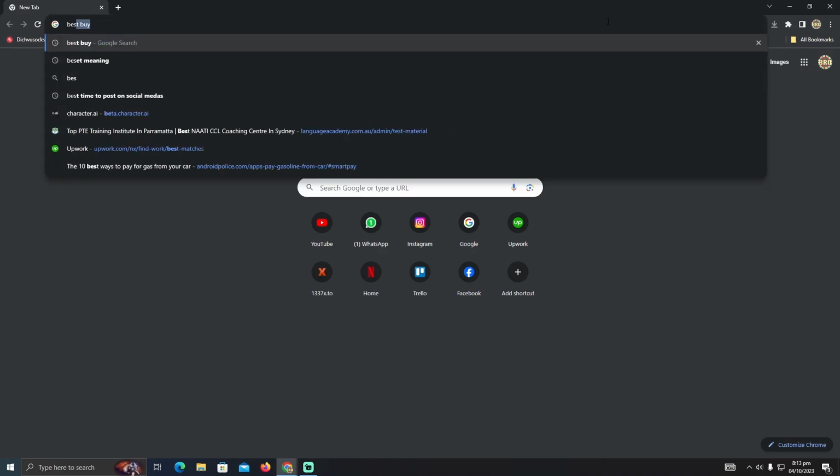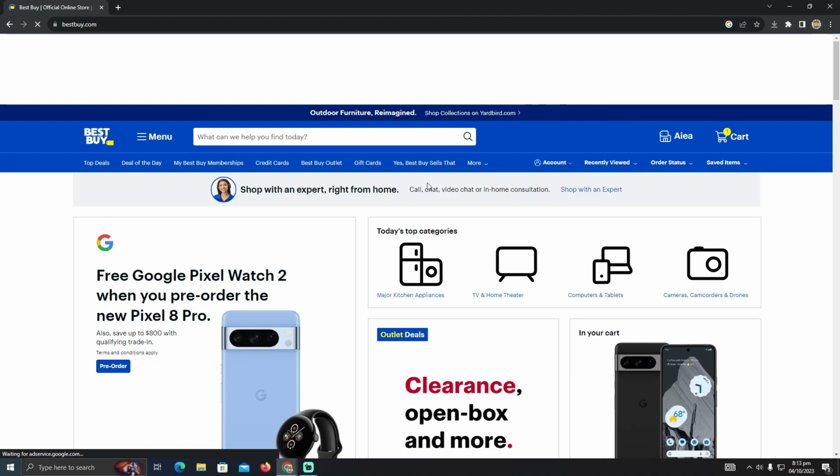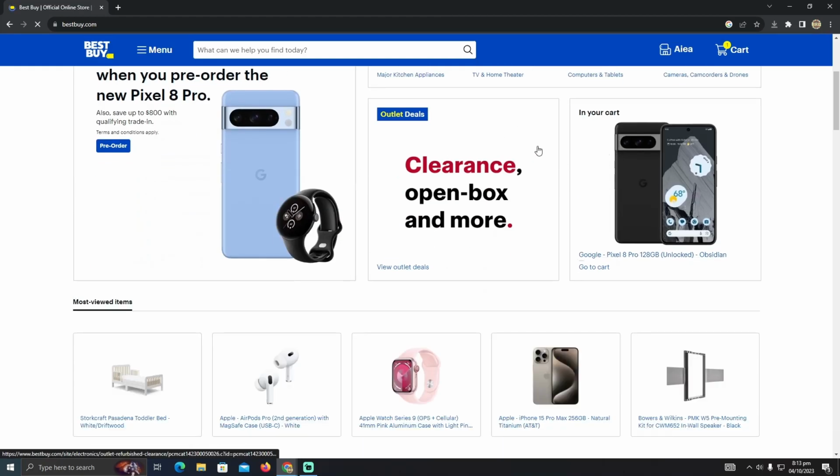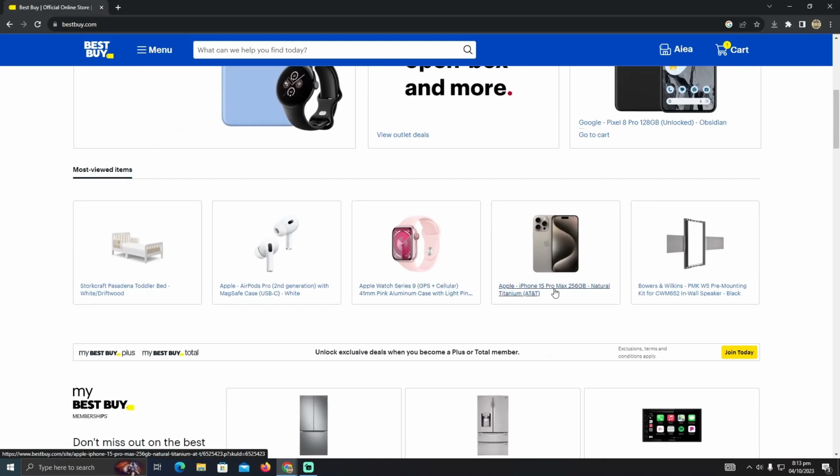So I'm just going to type in Best Buy, and I will go to this website, which is bestbuy.com. This is their official website. Now here, on Best Buy, you will be able to see all the phones that are listed. You just need to find the phone that you want to buy. Suppose I want to buy this phone, so I'm just going to click on that link, and it will take me